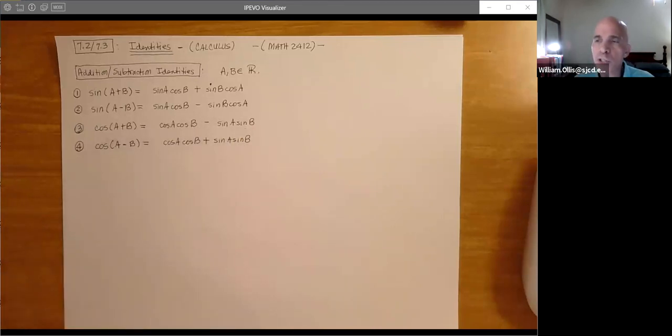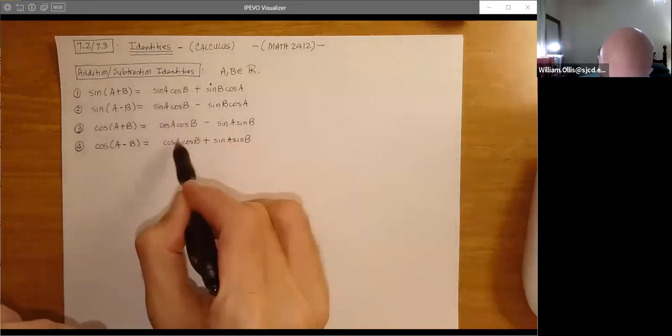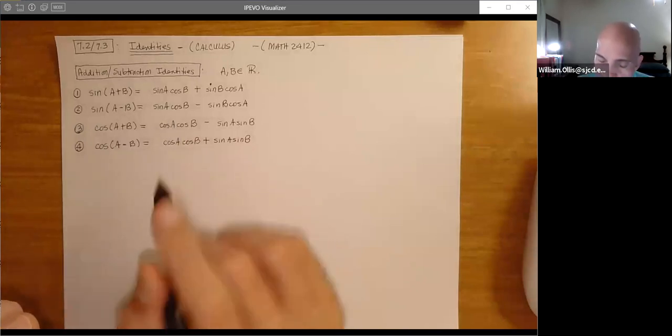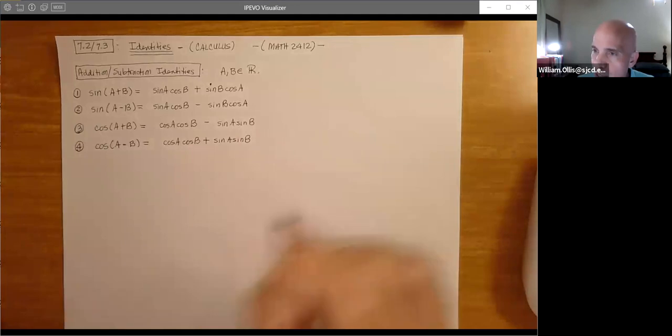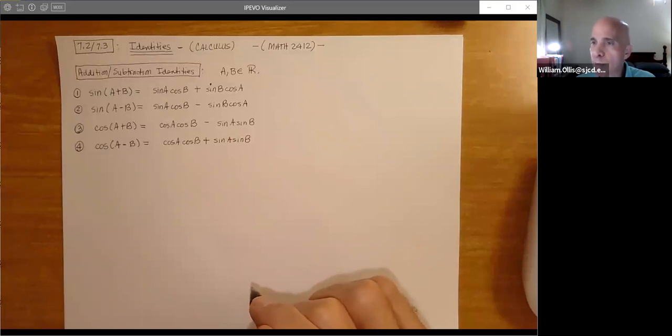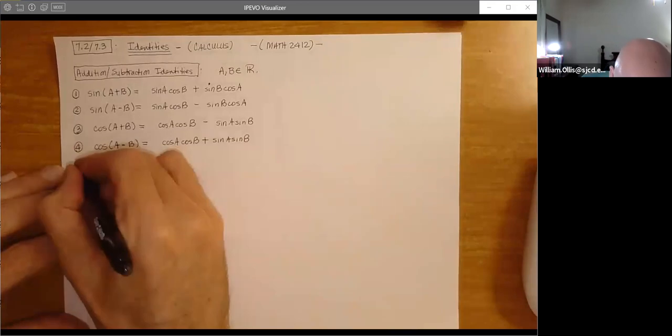So the trig functions in and of themselves have some very interesting properties, and it's more complicated than the logarithms, if you can imagine that. So the main thing here, and this is what I tell my students the first time you see these, is to practice writing these down. Just write them down like the inverse trig functions. Commit them to memory. And as you use them more and more and more, then they will be up here in your long-term memory.